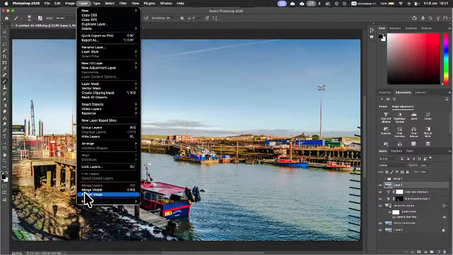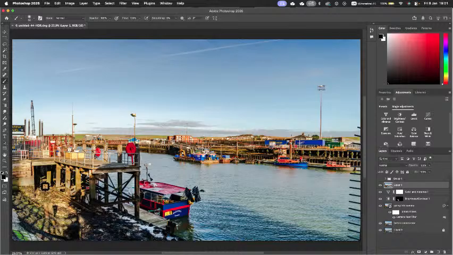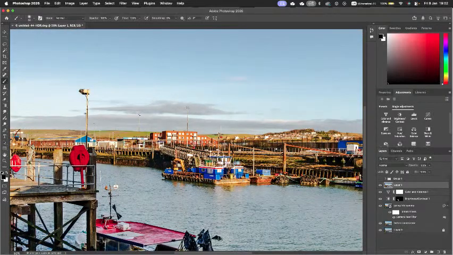And then there's flatten image. So once you finish, you can flatten it down, and then you've got merge layer. So if you've got more than one layer that you're done with and you wanna merge down, you can merge those down. So right now that that's all there, I'm going to